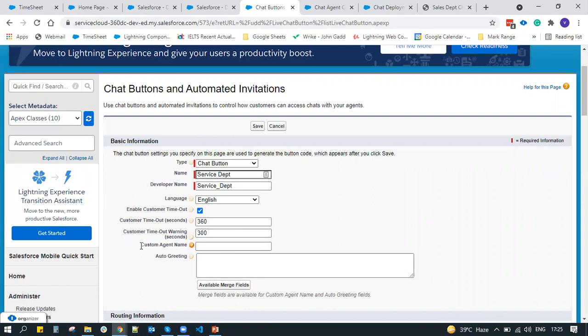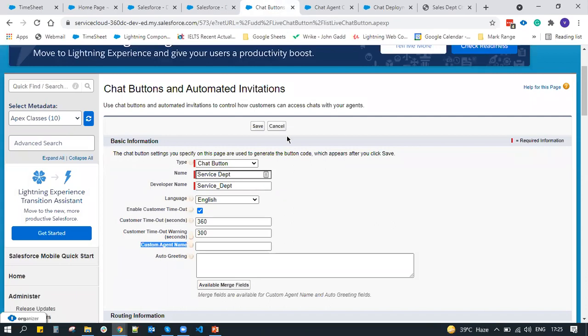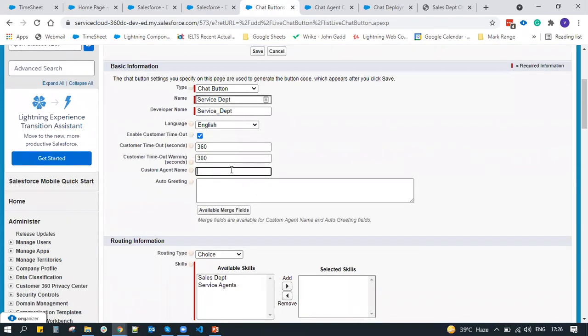Customer agent name. If you are chatting with a customer, then you must show your name to the customers. So here you have to give the exact name that you want to show to your customers.